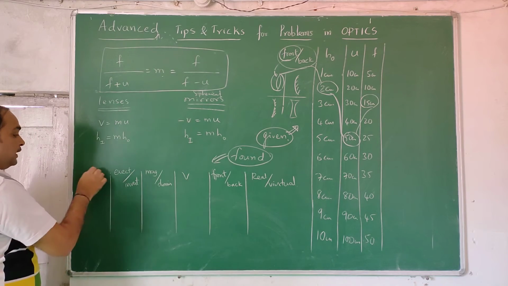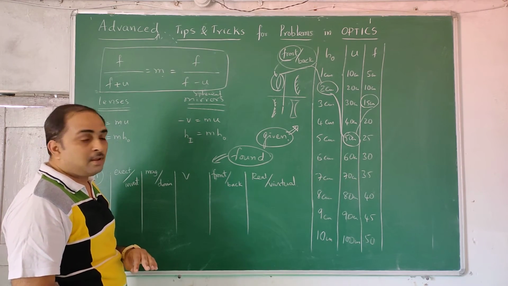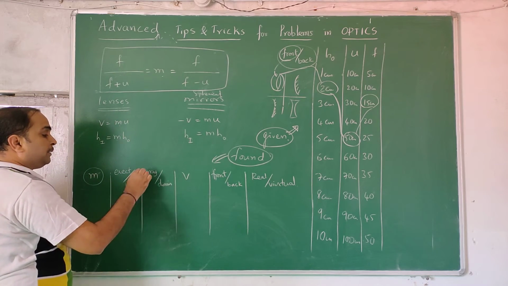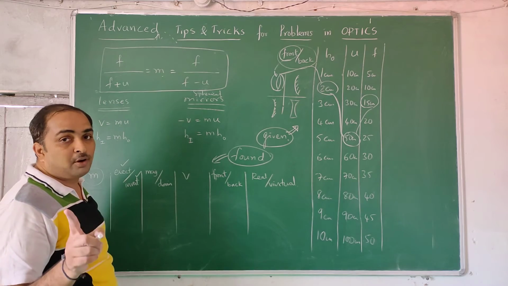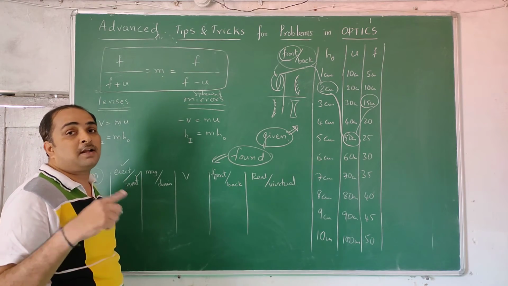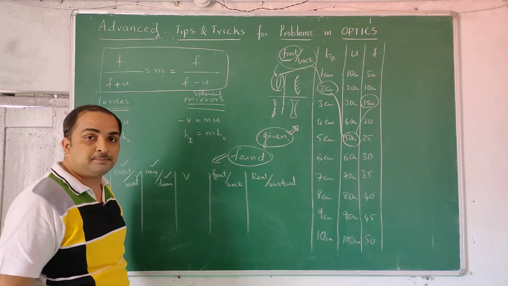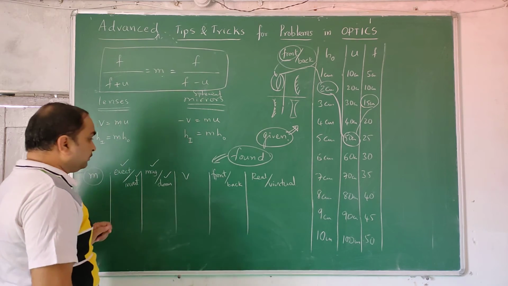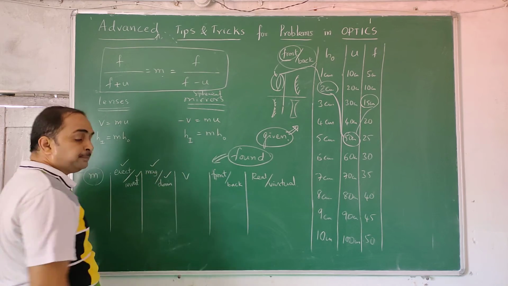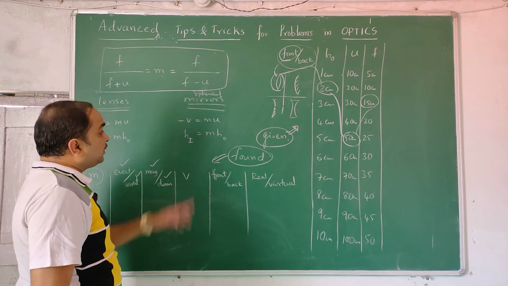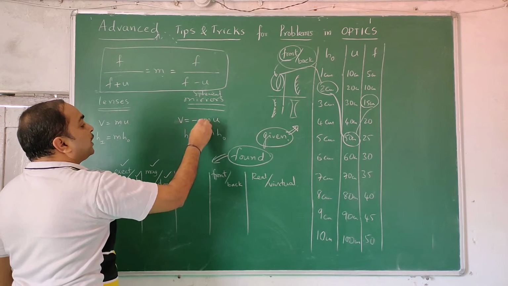Now, once you find the magnification, it will come minus or plus. Minus means inverted, plus means erect. Whatever magnification value you got, based on whether it is less than 1, greater than 1, or equal to 1, that will tell you magnified, diminished, or same size. Next, after getting magnification, using multiplication with u, you will find v. This minus you have to shift to the other side, better you shift it. V is equal to minus m times u.